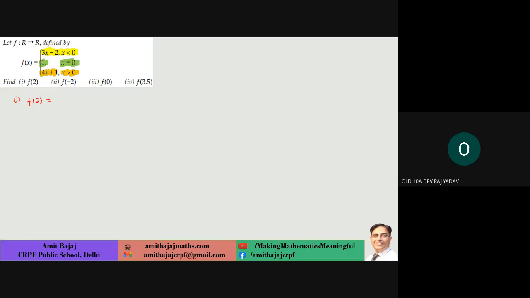So third. Yes, आप check करिए ध्यान से. x whenever it is greater than 0 means positive. तो हमारा x जो है वो 2 है, which is positive. So I am putting x as 2 in this definition, and that will give me the required answer. Similarly, f of minus 2. Obviously, minus 2 is less than 0. So definition will be changed. और अब आपको ऊपर वाली definition में substitute करना है -2. So which is your required answer.